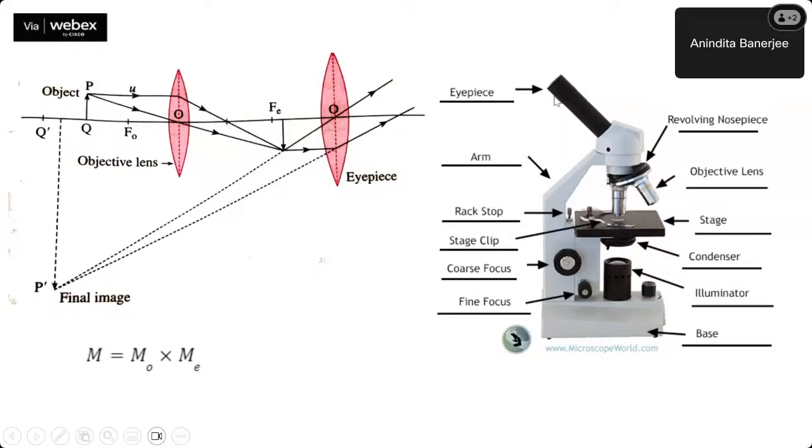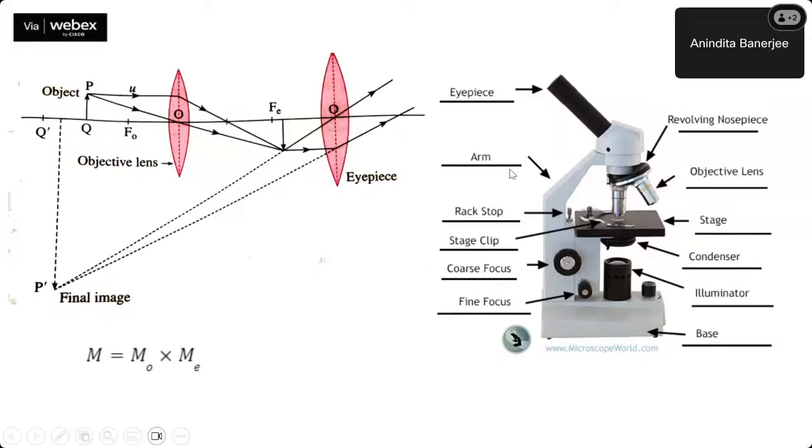Now here, if you look again, the principal axis of the objective lens and the eyepiece are on the same line. Here we have placed the object between FO and 2FO, which should lie somewhere around here. So it is placed in between that. And the objective lens can have, fine, we will come to that later. Maybe the magnification part we'll talk about a little later. The principal axis is the same, and it is possible to change the distance between the objective lens and the eyepiece. So in short, the summary would be,